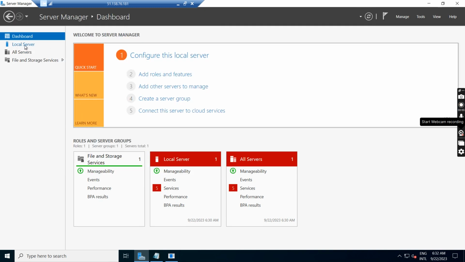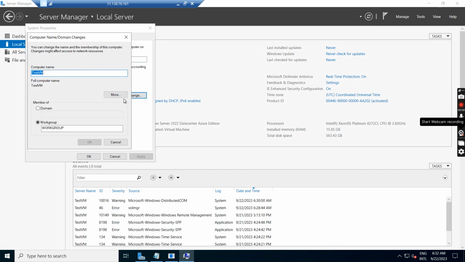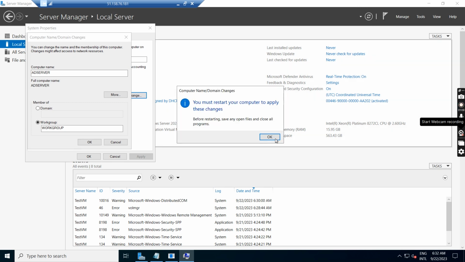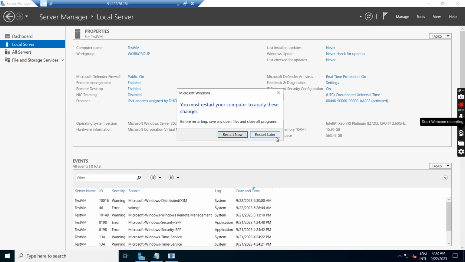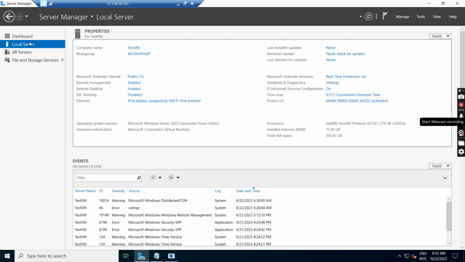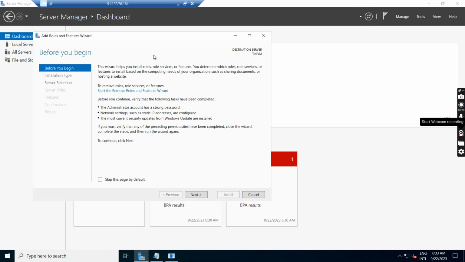One more thing, we will change the name of this VM first. Presently it is having the name test VM. Instead of that, we will give AD server. Okay, it may ask for a reboot. We are not going to reboot as of now. Restart later. Okay, so we will install the Active Directory, AD roles and